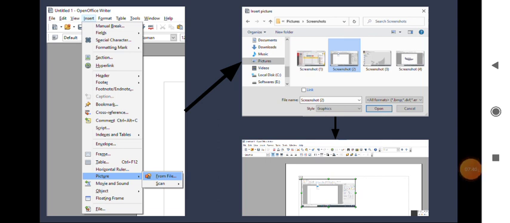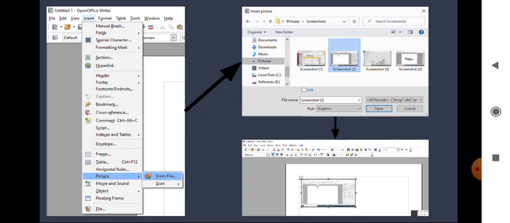As you can see here, to insert a picture in the document, we have to select the insert menu. Just go to the insert menu and then select picture, and after that you have to choose from file. When you choose from file, the file explorer will open.